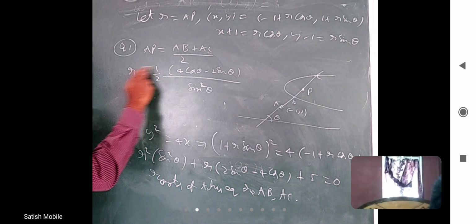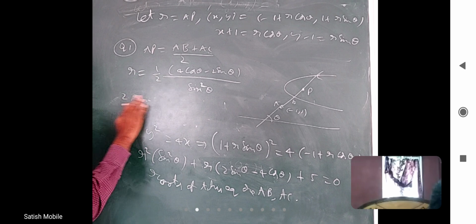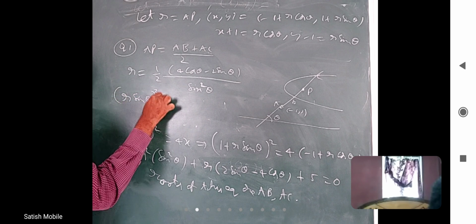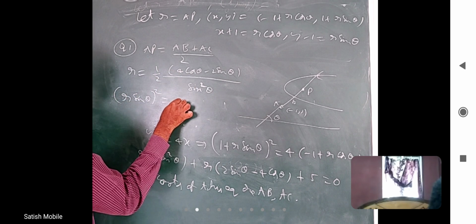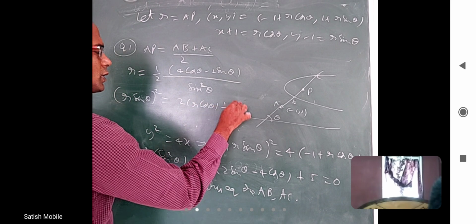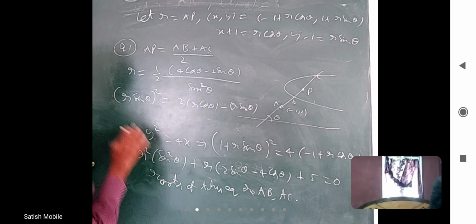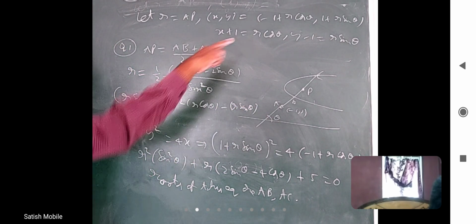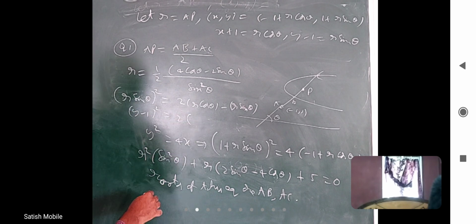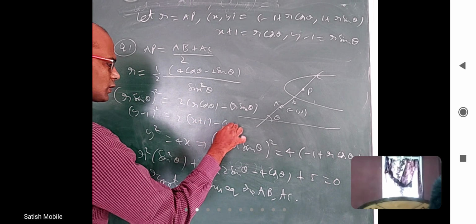Now, I will multiply with one more r on both sides and bring this here. So, I will get 2 into, I can cancel 2 there, (r sin theta) whole square equal to, when I multiply with r here, 2 times (r cos theta minus r sin theta). r sin theta is not y, it is y minus 1. So, (y minus 1) whole square equal to 2 into (r cos theta is x plus 1 and r sin theta is y minus 1).